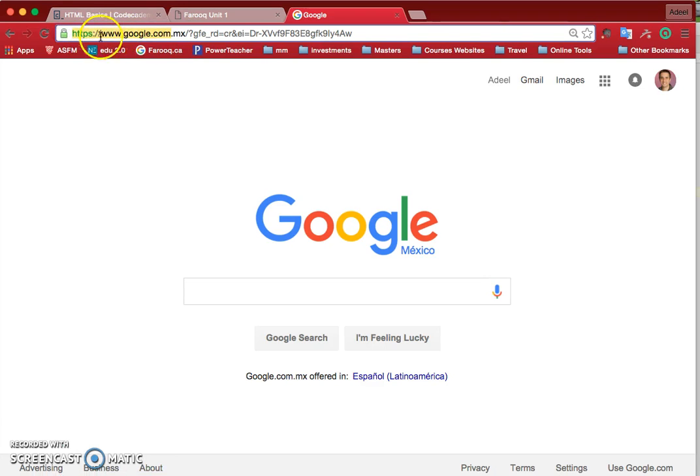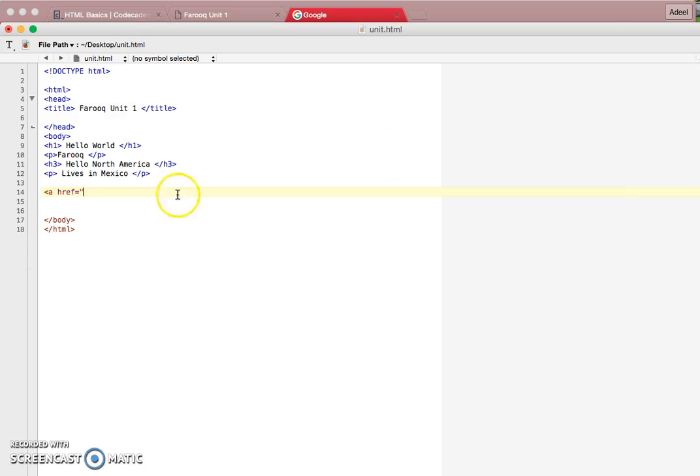HTTPS, so HTTP needs to be included. So if I go back to here and I paste it and close my quotation marks. So this is telling the computer right now, nothing's going to show up on the web page. All it's saying is that my link is going to refer, okay, the reference is to this website. Now all I can type is whatever word I want in the middle. So for example, go to Google,